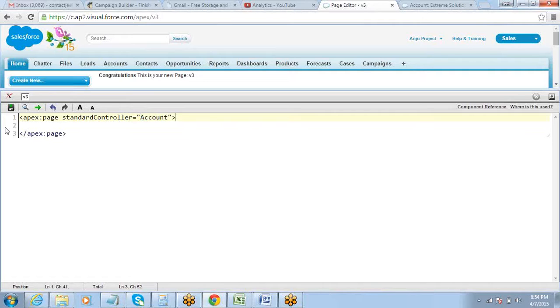Okay. Now my other question is, shall I write contact or contacts? Contacts. How do you know that? I mean, we don't have any tab with contact. For account, did I write account or accounts? Account only. Tab is different, object is different. Okay, so we need to understand that. You have to write the object name, not the tab.